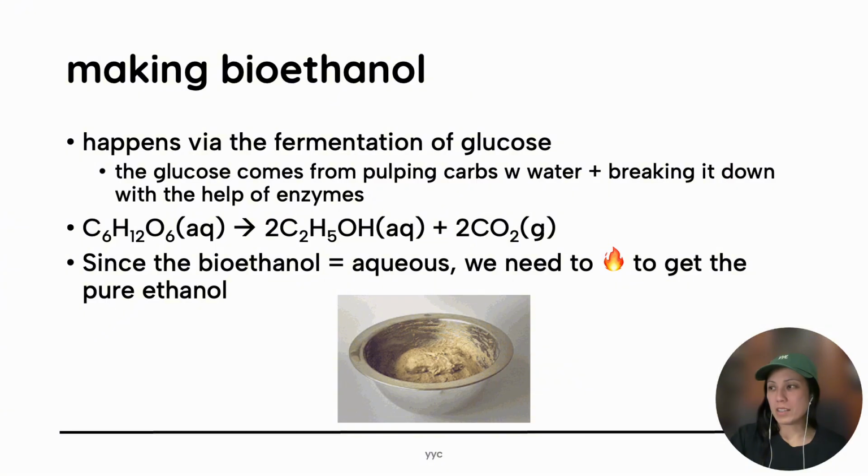Now, how do we actually get the glucose is the great question. What we generally do is we'll pulp some carbs with water, so we're just squishing it. What that does is it breaks it down, and then we use enzymes to help us out to actually fully break that carb down into the glucose that we need. Once we do that, then we have the glucose that goes into this reaction where it undergoes fermentation with the